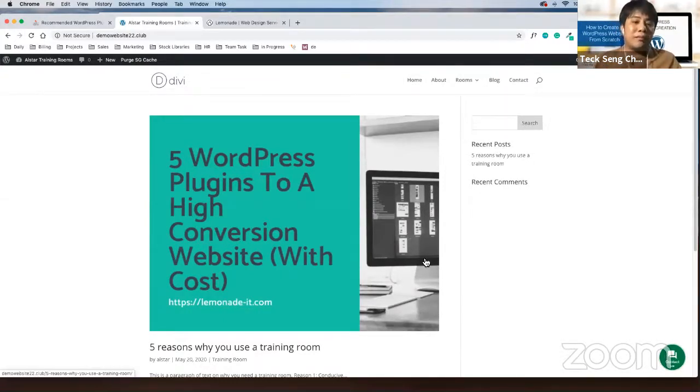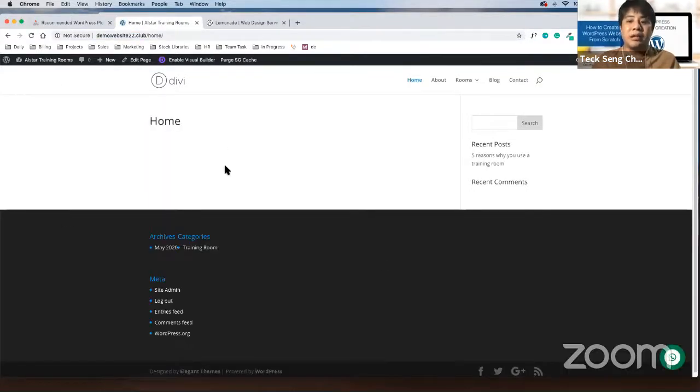Now the last thing before we end for the day is, if you take a look, right now we are on our current demo link, homepage. However, we don't see the home page. That means this home page is not the same as this home itself here. So we need to set that the default home is this particular page. So how do you set that?